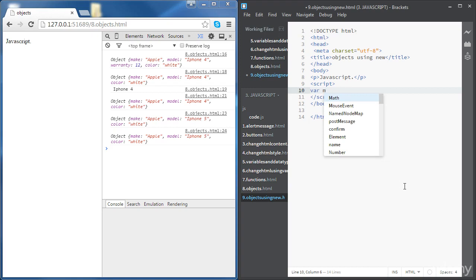So let's call our object my phone again, and this time we're not going to use any curly brackets. We're not going to set any properties, but we're going to use new Object and then parentheses. Okay, so what we're doing here, we're defining the object, and then we can define